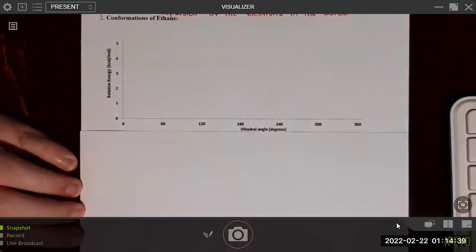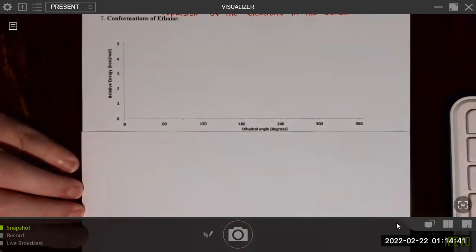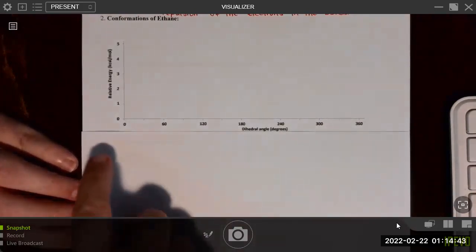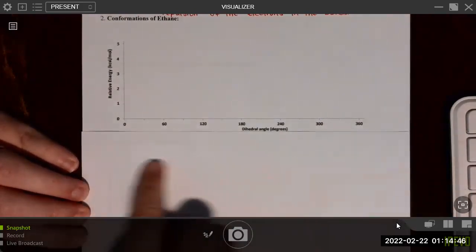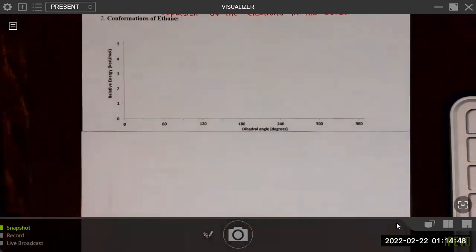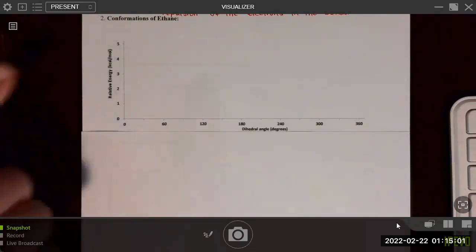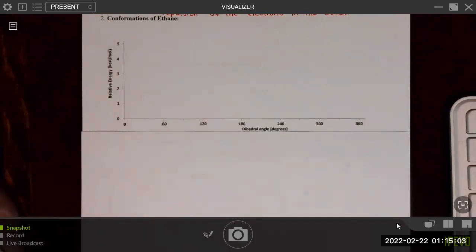So what I'm thinking about doing in order to answer this question is to draw all the conformations on a separate sheet of paper and then label them A, B, C, D, E, etc. And then put together the graph using the letters instead of the actual conformations. But you can draw really small, you can possibly draw them on the graph as well. I'm just not able to draw anything very small, typically.